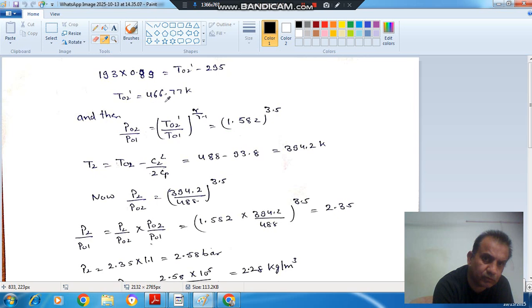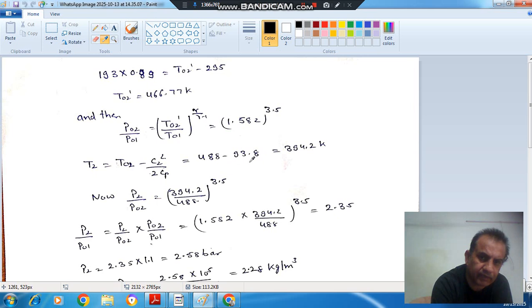Okay, so now we can apply the isentropic relation in the impeller part to find out the stagnation pressure increase in that part. Okay, so P02 by P01 is equal to T02 dash by T01 raised to gamma by gamma minus 1. So this will come out as 3.4. Okay, so now the static temperature at the outlet of the impeller will be T2 is equal to T02 minus C2 square by 2Cp. So that will be, here T02 is your 488, that is equal to T03, and this we have calculated as 93.8, so this will come out as